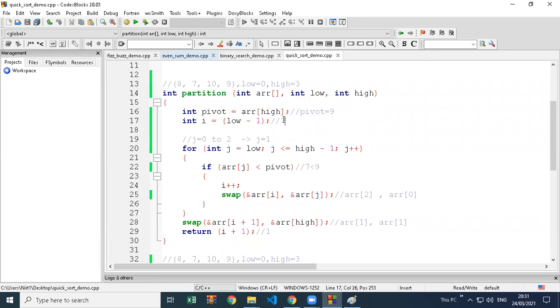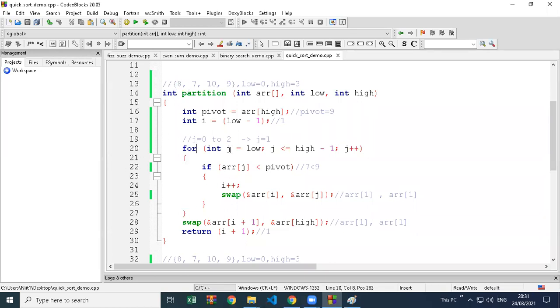I incremented it, but while talking I incremented it 2 times. So actually it is 1. So ARR of I, in the first iteration it was 0, now it is 1. So ARR of I is 1 and J is also 1. So again the same value is going to be stored in the same position. So nothing is swapped. Currently nothing is swapped.